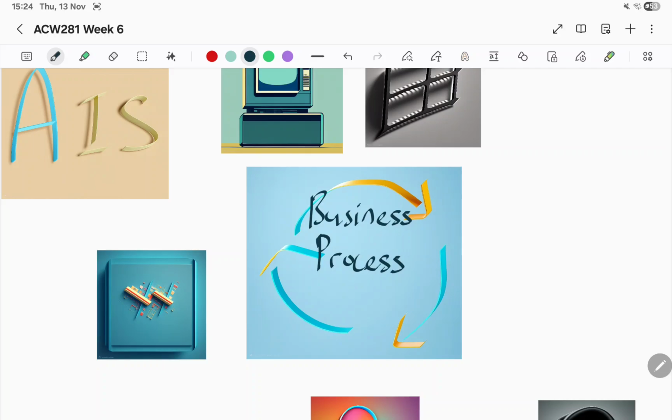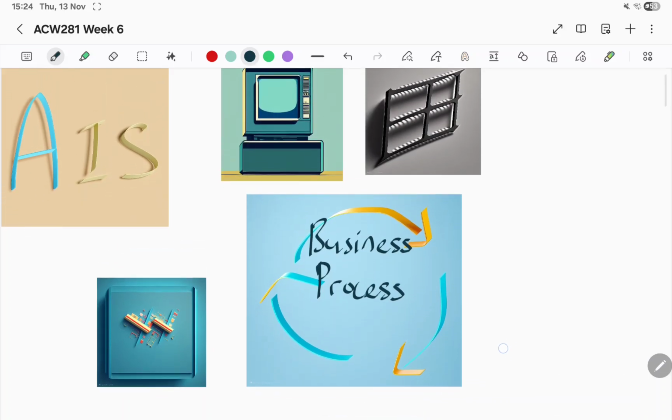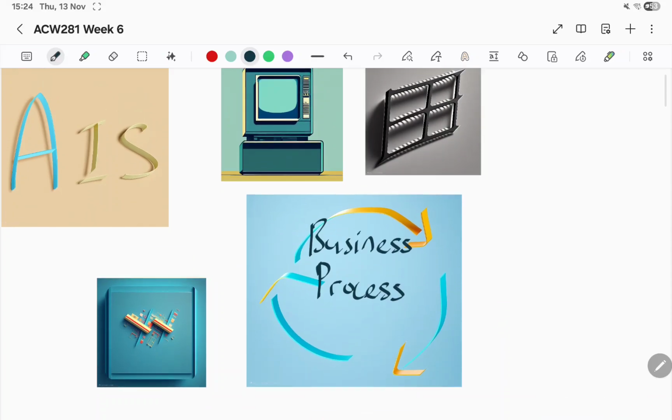We have gone into detail on each of the business processes, starting from the one that relates to sales, to expenses, to production, human resource, and finance. And of course, in each of these business processes, the key thing I highlight to you is